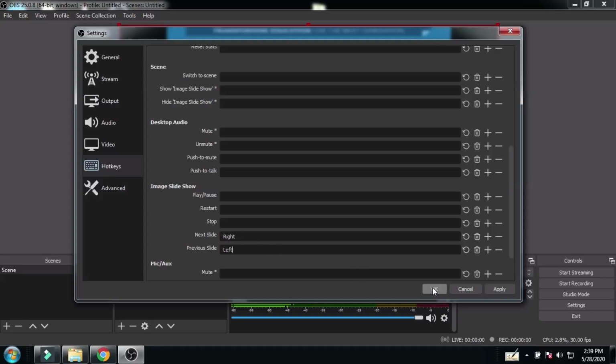Click on the OK button. Previous slide left key, next slide right key, very important, otherwise your JPG is unable to move. Go to hotkeys, image slideshow. Now press the OK button, first apply and then OK.